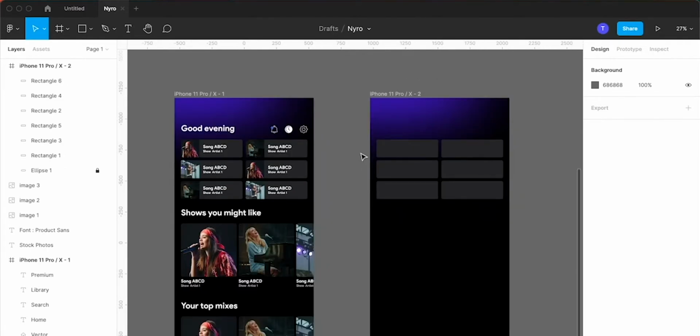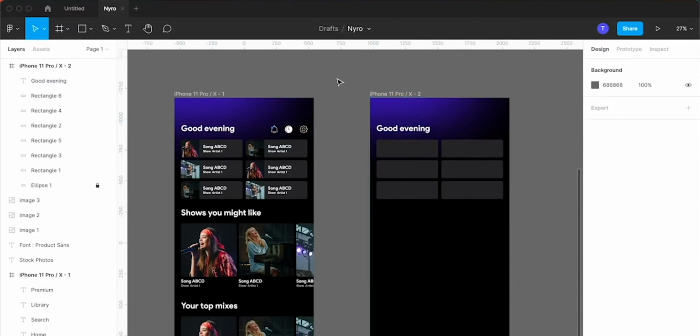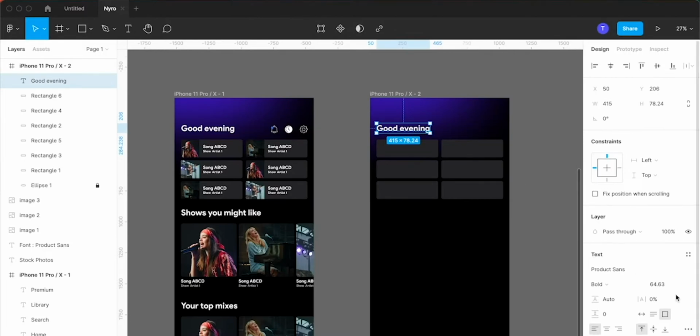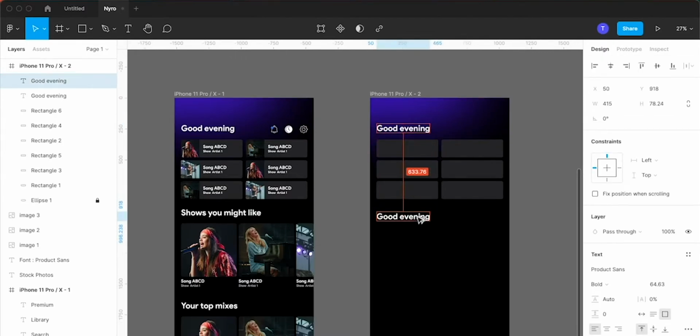Now let's move on to the second section, which mentions shows you might like. For doing so, let's duplicate the good morning text. For this heading text, I am using the font size 64.63. You can actually duplicate the same text over here and you can write down whatever you want.